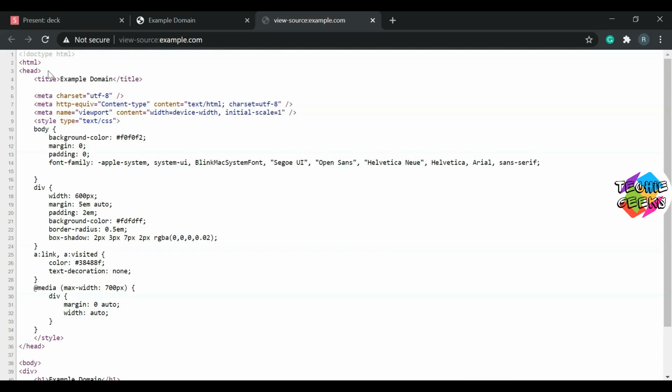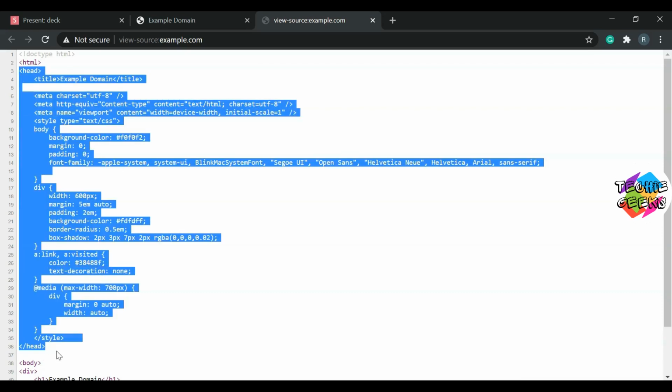Moving down we have a head tag, and basically the head tag is used to store information about the document, such as the title, and some other special information is stored inside this head tag. Just for your notice, we have a closing head tag here. So this complete section is the head tag.